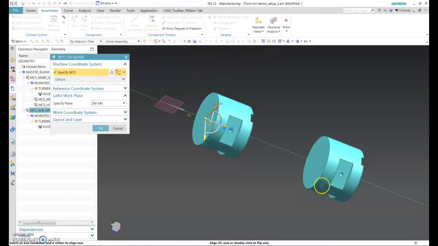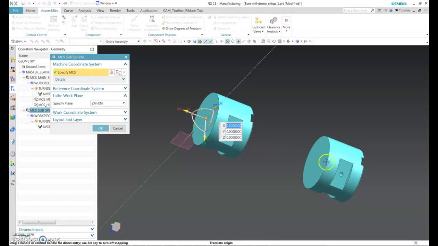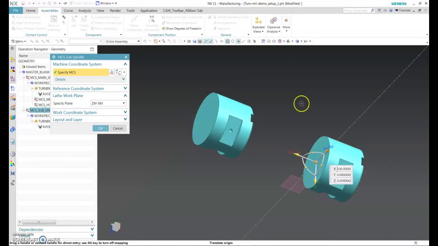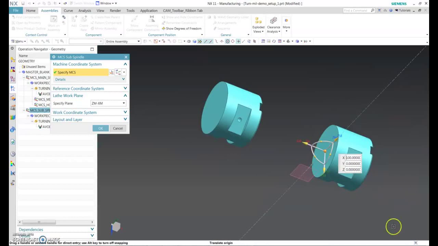So go back and select the entire assembly, whatever you need for your MCS to be right. So now that's